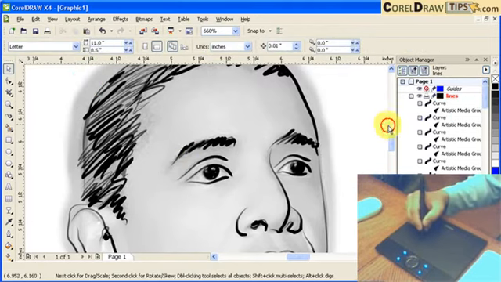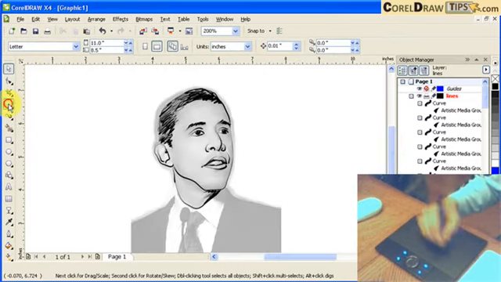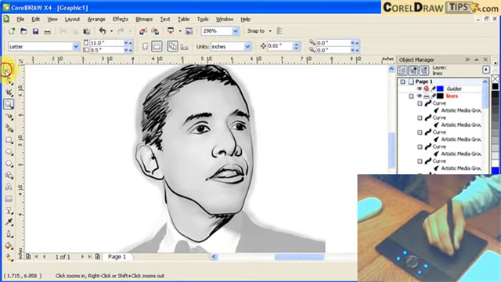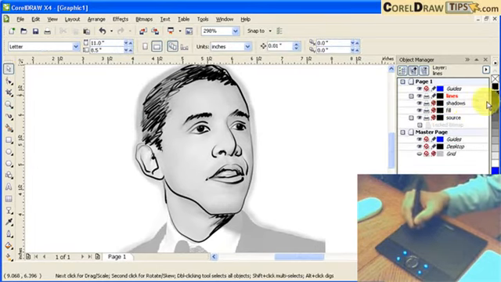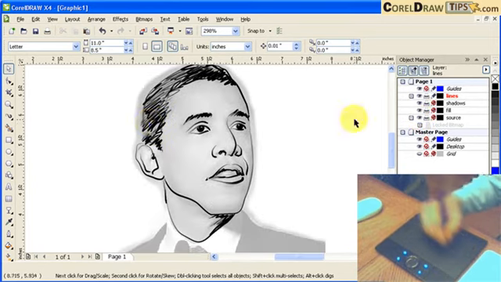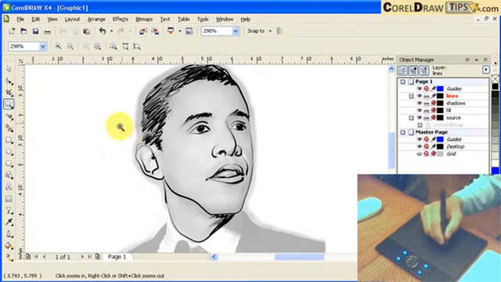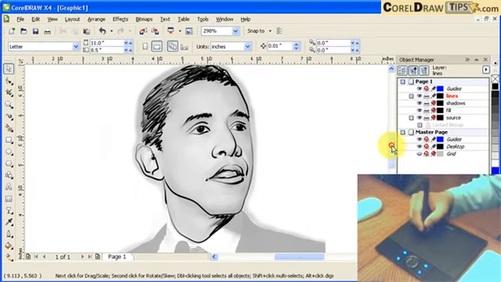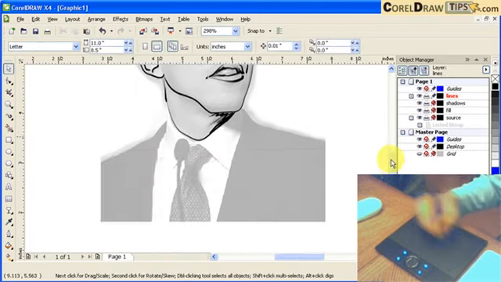Okay, so now, F3. Now if you want to see just the lines, you go to your layers here and just turn off, hide the source, because source is the one that we have the image. See? Okay. Turn off and then on. Okay. Now, this is just minimal lines, but I'm fine with that, so I'm just going to continue with